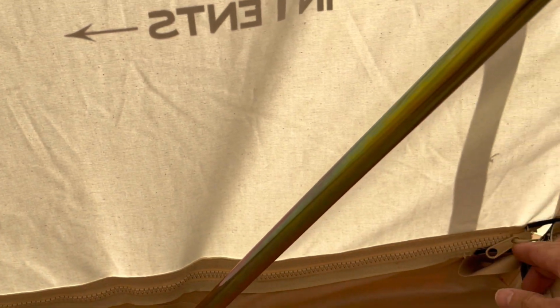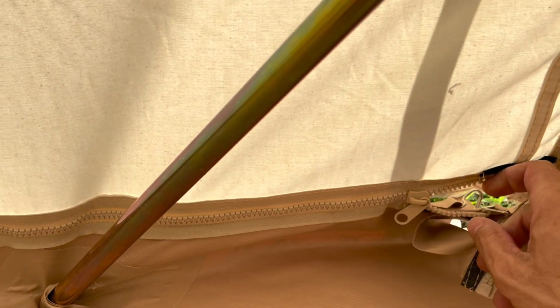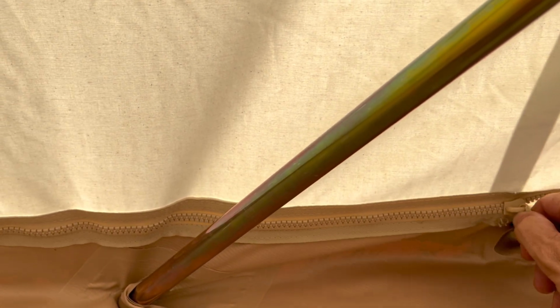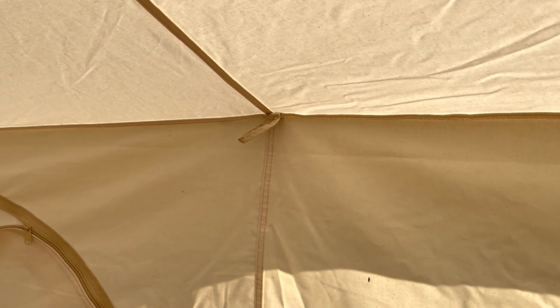But the wall is connected to the floor via a zipper. It's right here. So if you wanted to, you could unzip this all the way around the whole outside. And then you could physically roll up the canvas and use those loops there and the dongle that's on the other side to literally have this full wall being